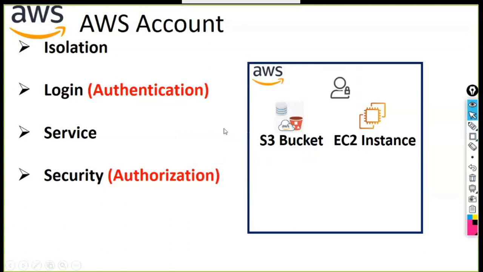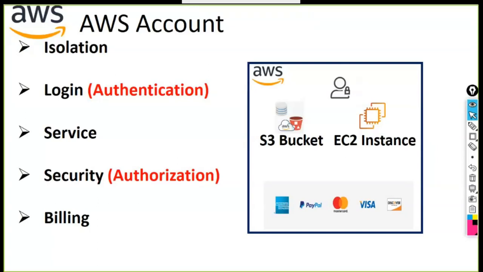Once you're getting authorized, your billing will start. When you start consuming this service, your billing is initiated. When the billing is initiated, your account is bound to a financial account platform. The financial account platform could be your PayPal, or your credit card, or your debit card. At the time of registration, you have to offer your credit card or debit card, and that is the source for AWS. If you are crossing the free tier limit, the charge will be taken from the platform which you have tied up with. You're getting it?